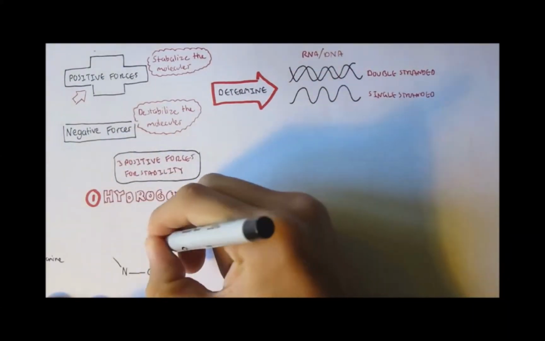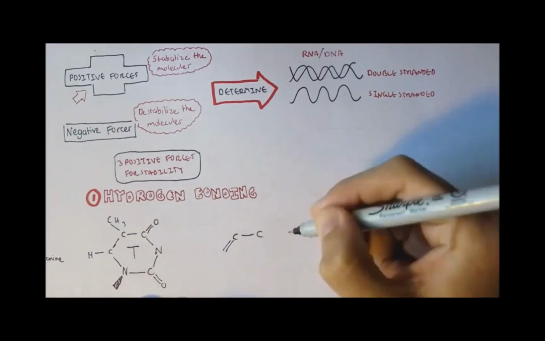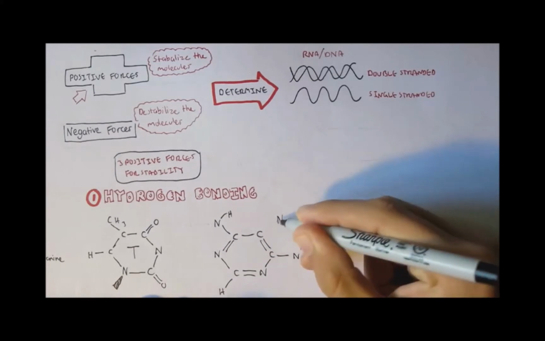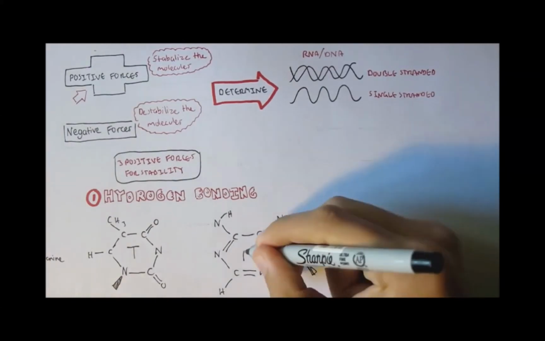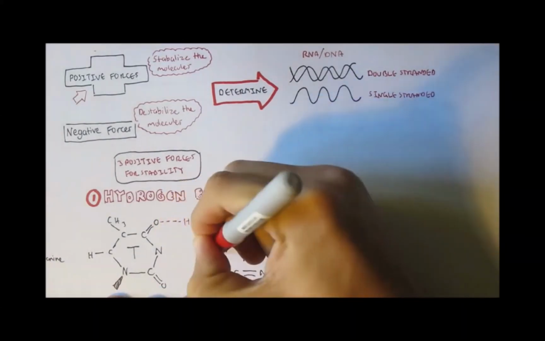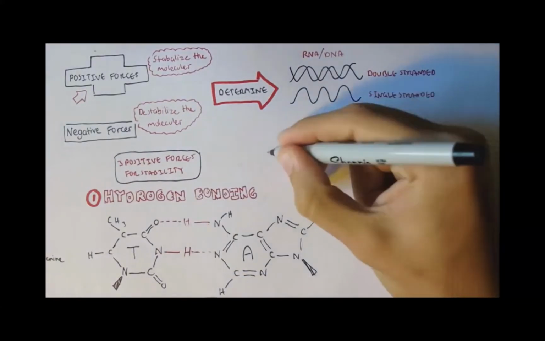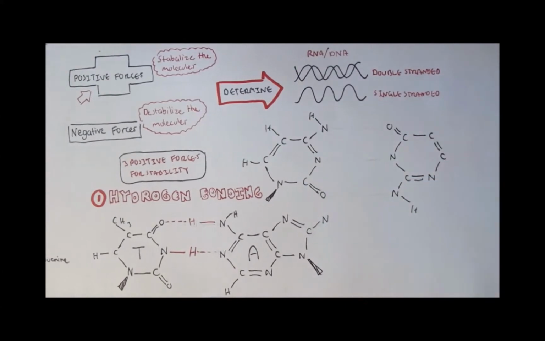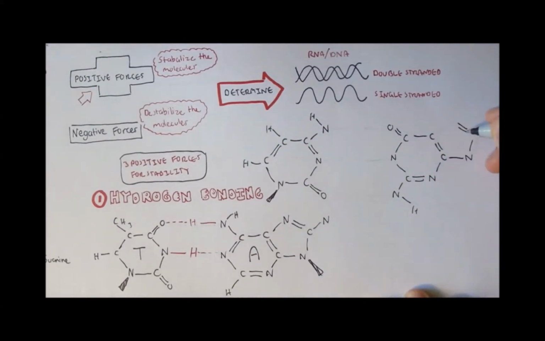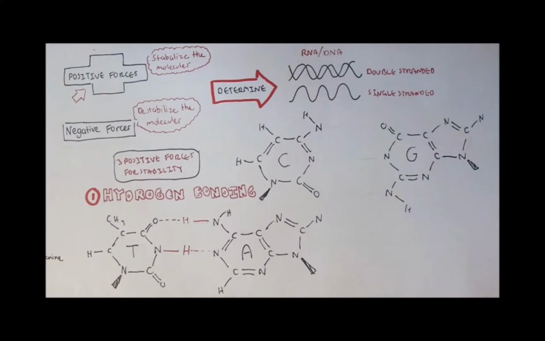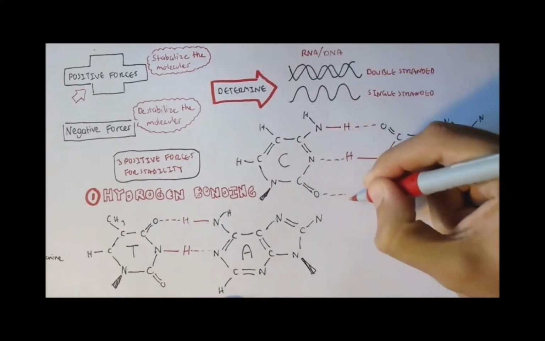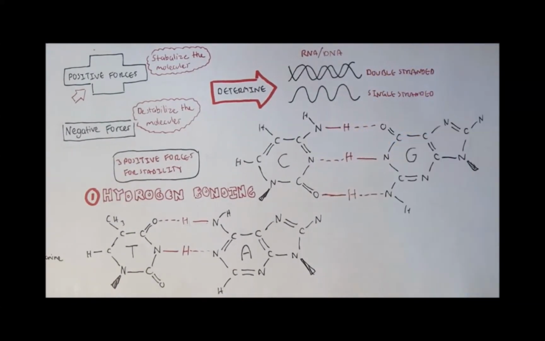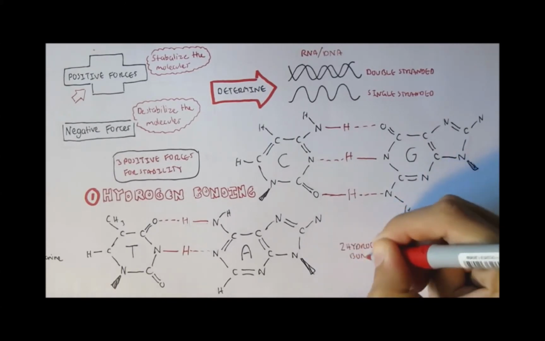So here we have a single-ringed thymine and a double-ringed adenine. And it has hydrogen bonds here and here. Note the number of hydrogen bonds. And on the other pair of bases, also attached through hydrogen bonds, is the guanine and cytosine. And the hydrogen bonds are here, here, and here. You might have noticed that thymine and adenine attach with 2 hydrogen bonds, whereas guanine and cytosine attach with